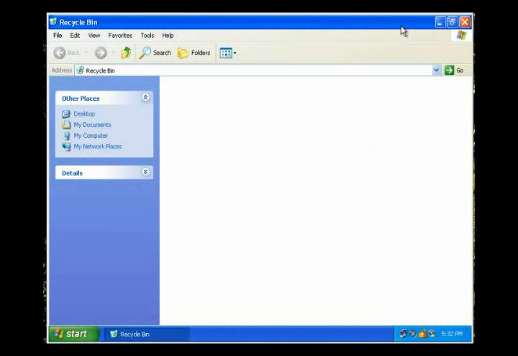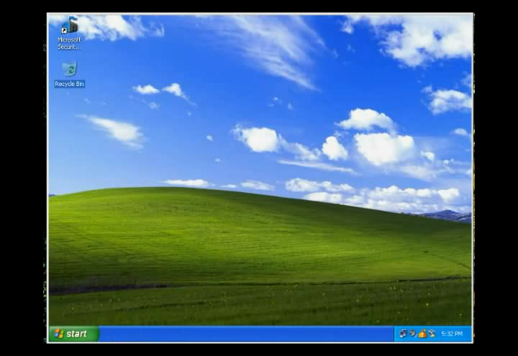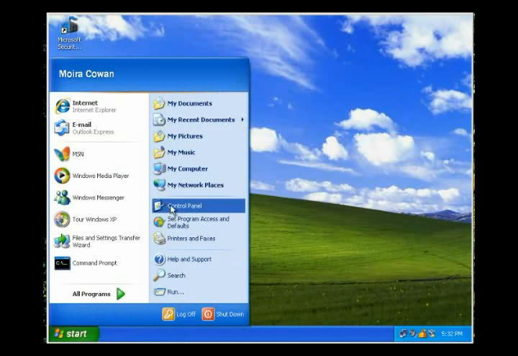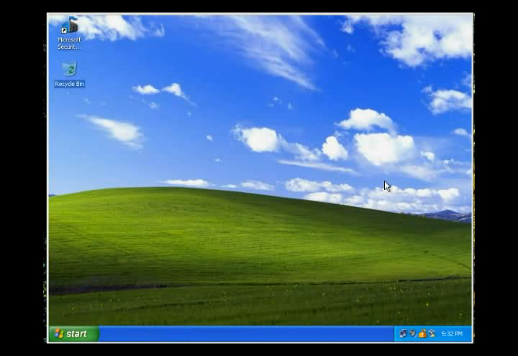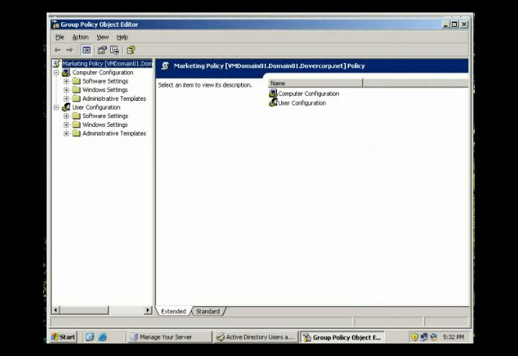She can see the recycle bin. We're going to turn that off in the desktop, so that'll disappear. And she can currently get into the control panel, and we're going to remove her access for that. So we're taking away her right to see it. So we're making 2 edits to the environment, and we're taking away the right to make changes using the control panel. So going back to our Server 2003 domain controller,